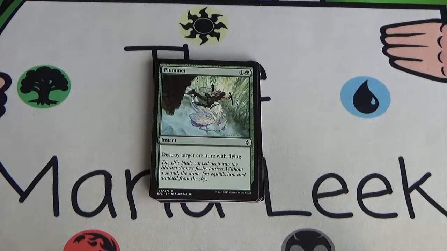Next up, we've got Plummet. This is a sideboard card. 1 and a green for an instant. Destroy target creature with flying. This is not a main deck Plummet format. Do not put this in your main deck. That is bad news. If after game 1 you saw a flying threat that you just can't handle, you saw a flying bomb, absolutely throw this in from your sideboard,